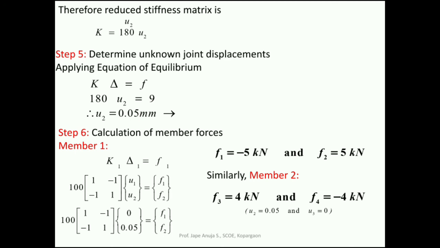So at node number 2 for member 2, the force is 4 kilonewton positive. That means it is in a right direction. For node number 3, the force is minus 4. That means it is in a left direction. So member 2 is a compressive member. If you draw these forces according to their nature for that member, you can see that forces are acting towards the member, towards that bar member 2. So member 2 is in compression.